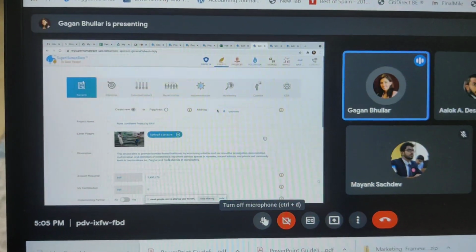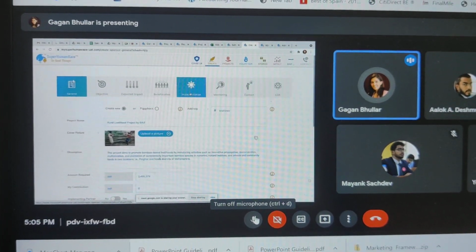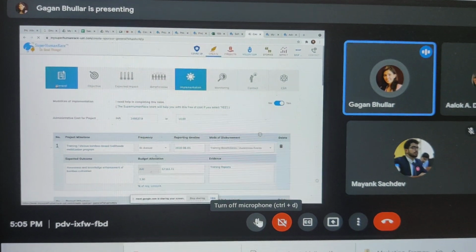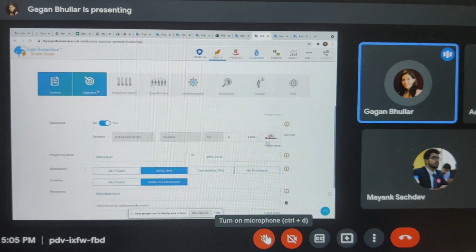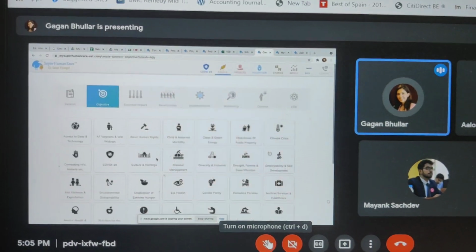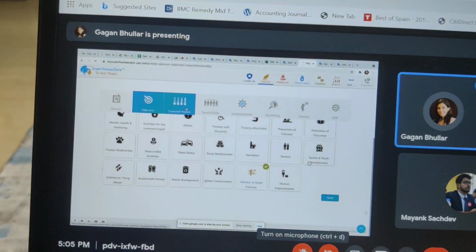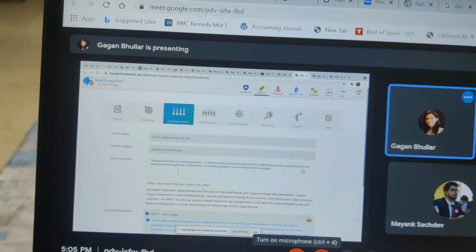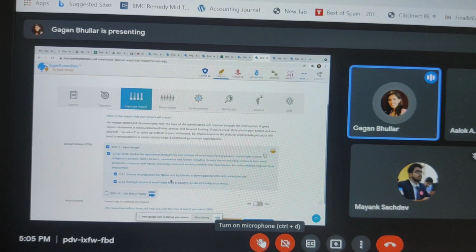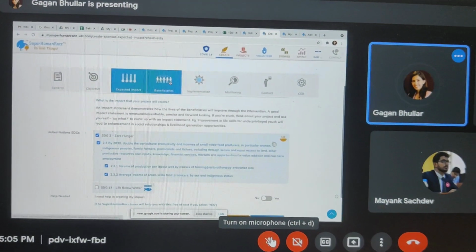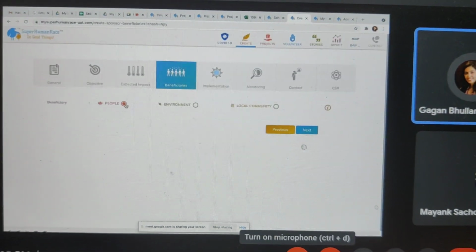So this is the view that becomes available to the implementing partner when they are filling out project details, and this is actually a very intuitive view. So it has basic general details identified here. Then objective, where Schedule 7 categories are identified here. Then expected impact, it will have a text impact that they input, but it also aligns automatically with SDGs like we had seen last time, but I'll show it to you again today.